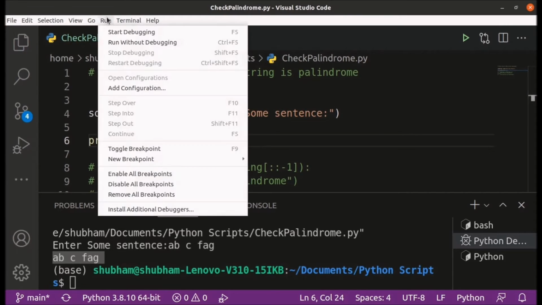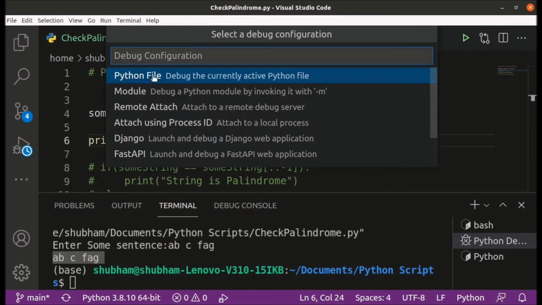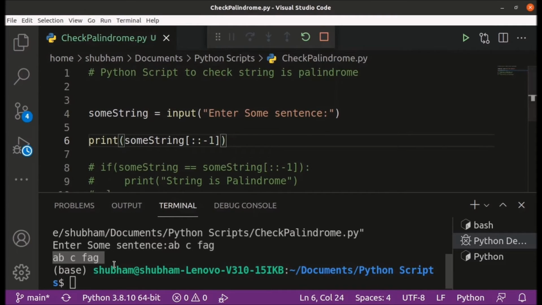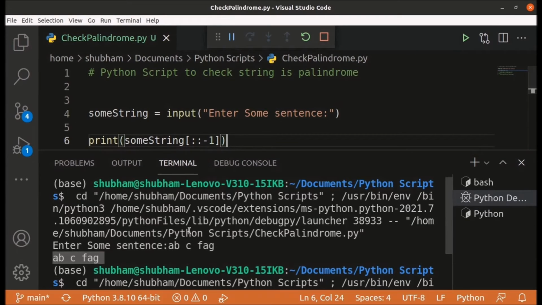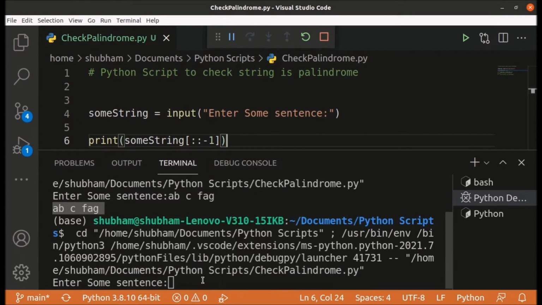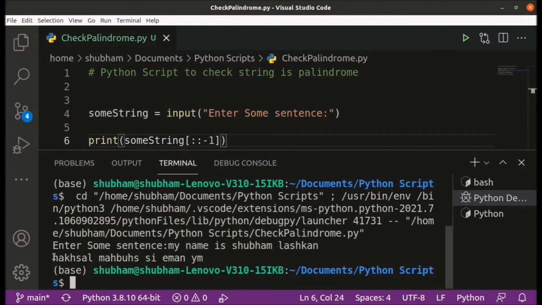Let's run it. Let's debug the Python file. Enter some sentence. So I am writing my name is Shubham Lashkan. So it is printing the reverse of the string.